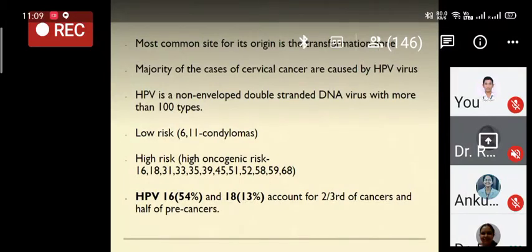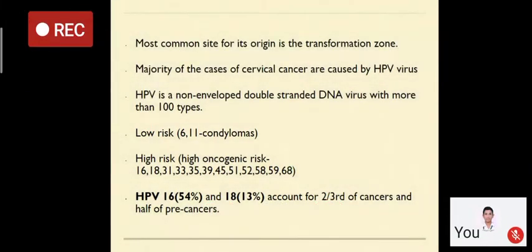Region, because the onset of cervical cancer starts from the transformation zone. This is the area which needs to be sampled for screening, because cervical cancer starts at the transformation zone, which is located at the external os. It is in between the junction of the new and the older squamocolumnar junction. The transformation zone lies between the new and the older squamocolumnar junction.